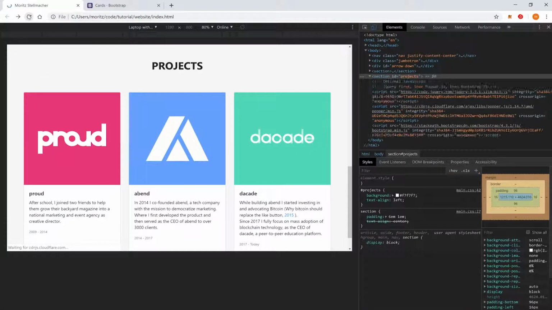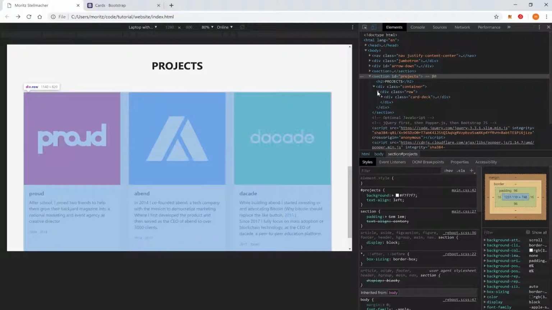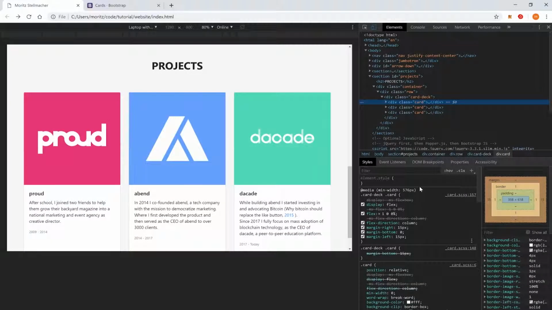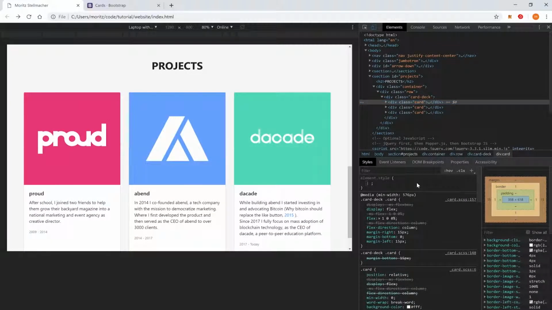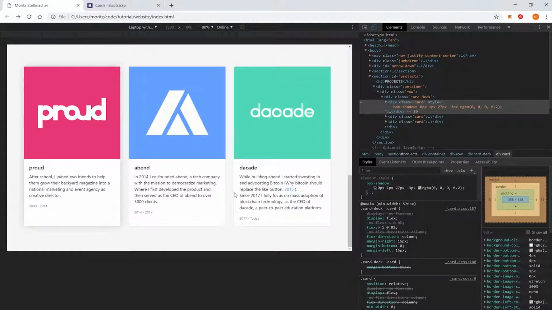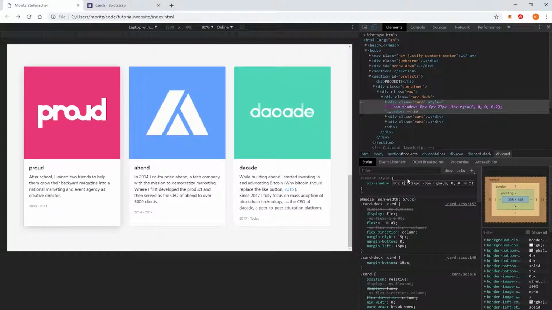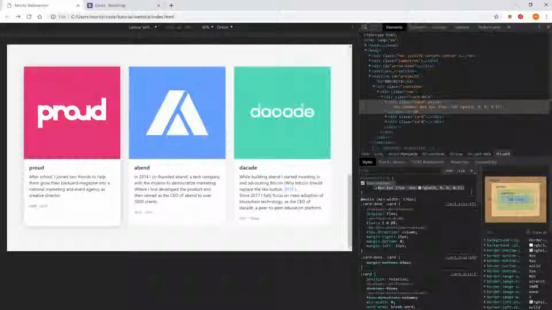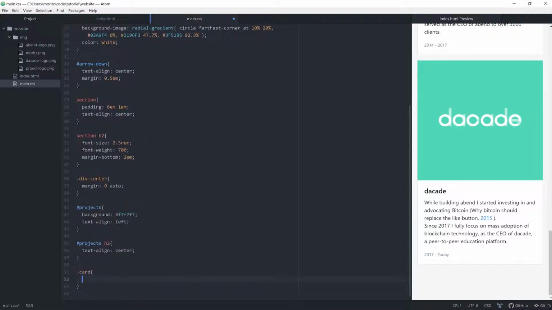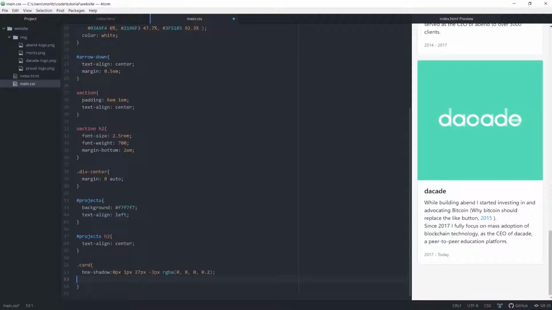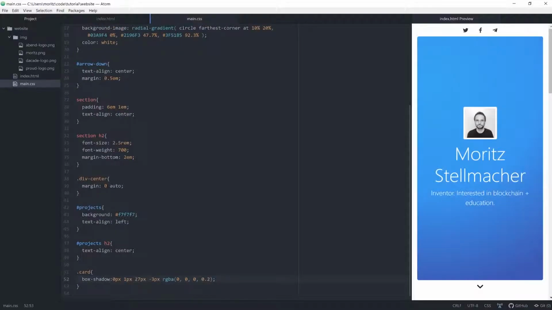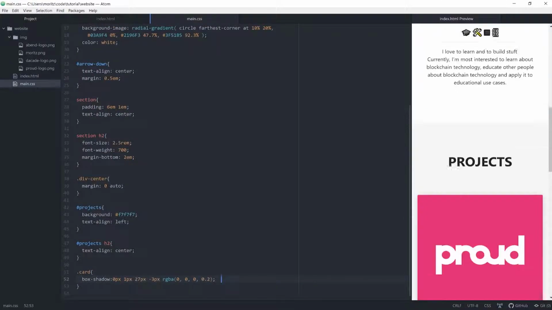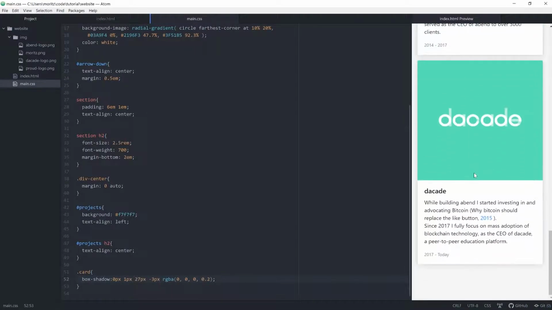Great. Now let's get a little bit fancy. Let's add some shadows. I have already a value of shadows that I like. I will paste this in here. You can see it here on the left Proud card. But you can play around with it and adjust it. Let's make the shadow a bit stronger. And copy this again. And add this to the class card. Because there is already a class for all our elements that we want to give a shadow. We can just target this.